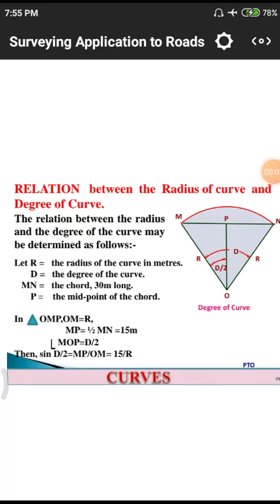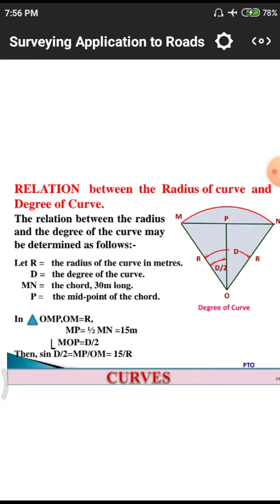In the previous class, we discussed the different types of curves, like horizontal curves and vertical curves and their alignments. In horizontal curves, we discussed three variations with respect to their radius. If the two radii, R1 and R2, are equal, we call it a simple curve. After that, we have a complex curve, and then a reverse curve.